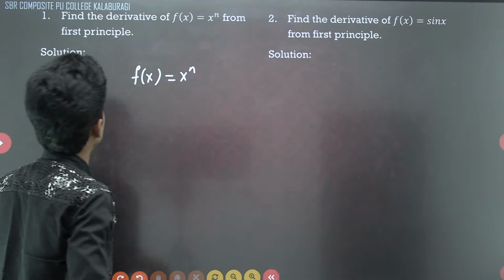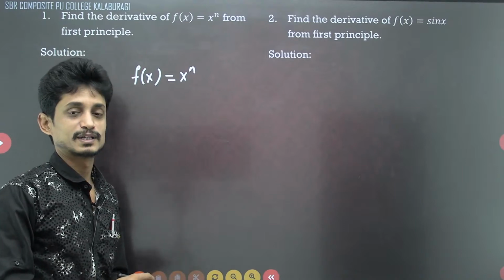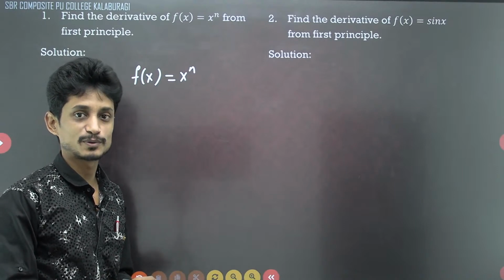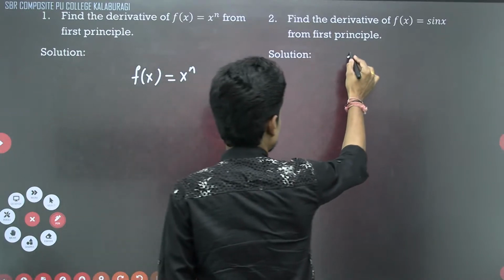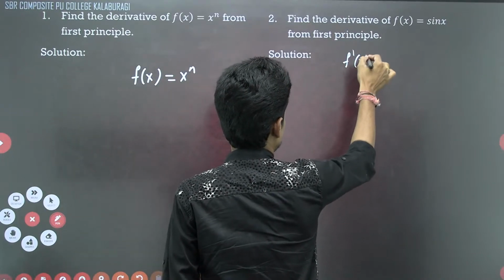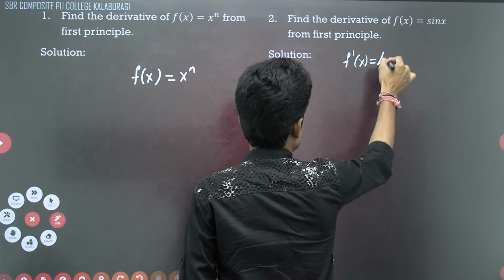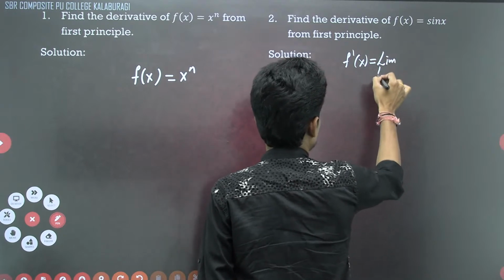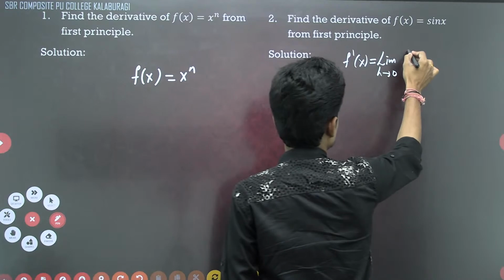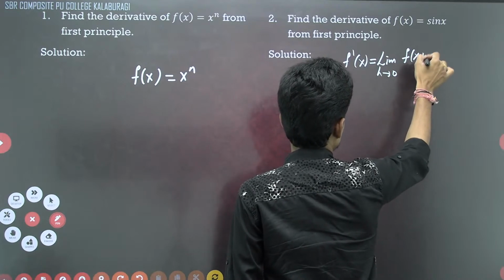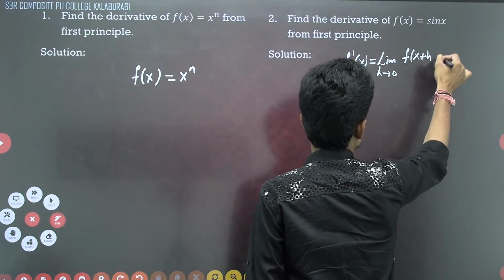By the first principle method, I have provided you the formula, that is f dash of x is equal to limit as h tending to 0 of f of x plus h minus